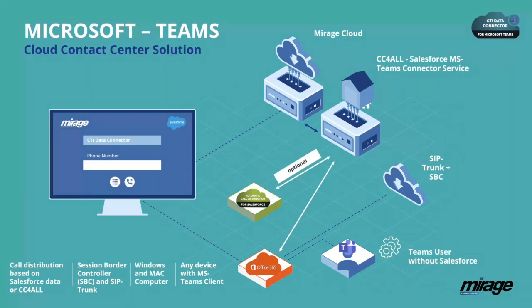So if you have the requirement that 50 users need a real contact center for inbound calls, and you have another 100 sales users who have mostly outbound calls and of course inbound calls, even to a direct extension number, then you can mix both setups so that you can really have the perfect Teams setup infrastructure.